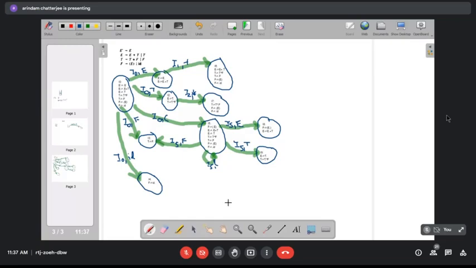And for I5 comma ID, it will go to I4. So this state is visited. So we are done with I5.